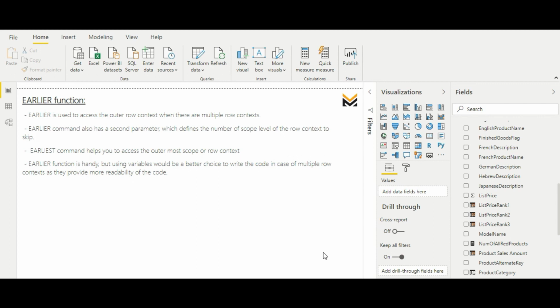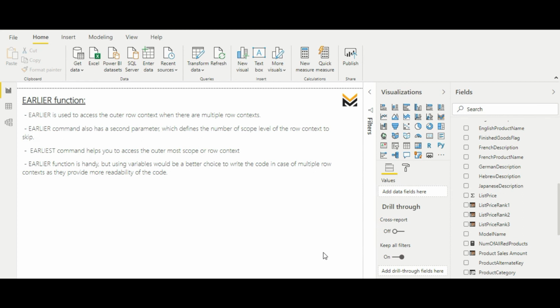Now the fourth point is the EARLIER function is handy, but using variables would be a better choice to write the code in case of multiple row contexts, as they provide more readability of the code. Why did I mention this point? When you use variables, you make the code more structured and you know how the code is flowing.